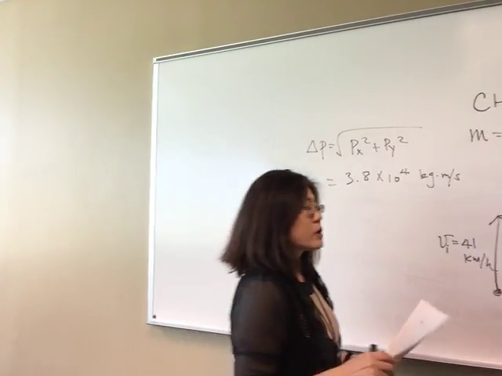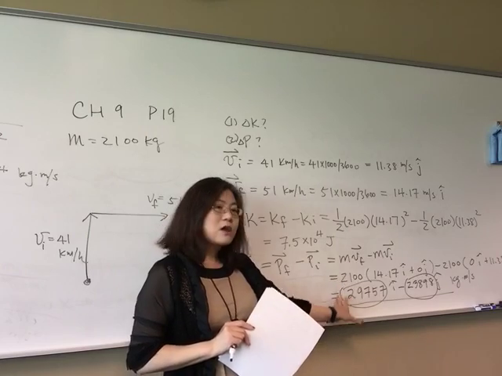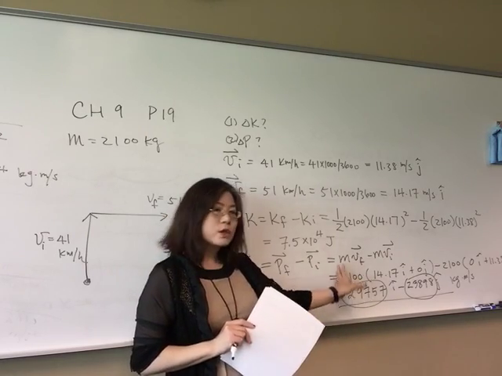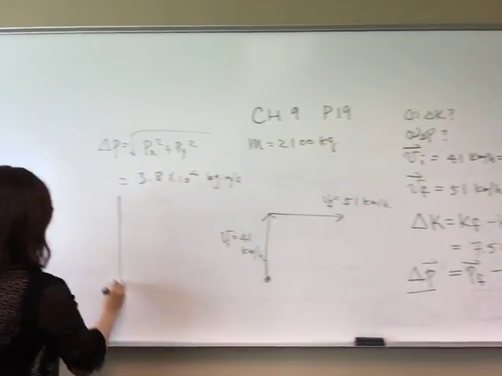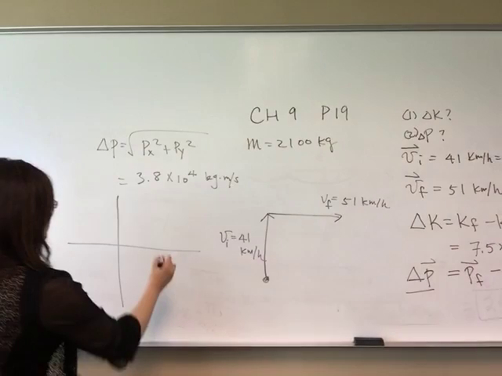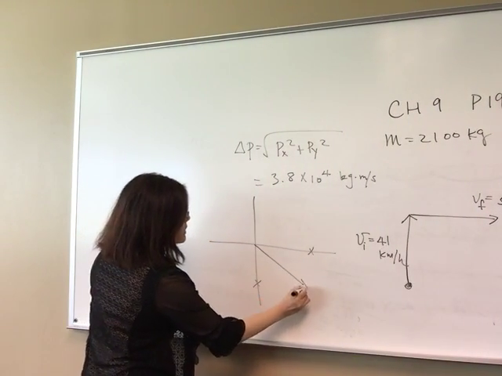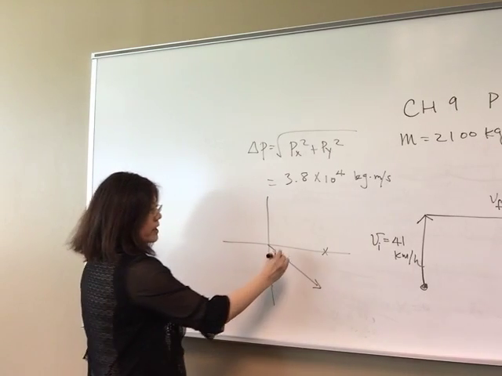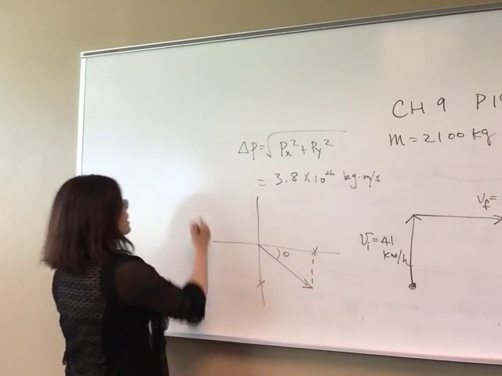In order to find direction, whenever you have a vector and you want to find its direction, you want to plot it on the x and y coordinates to see which quadrant the vector is pointing. So let's draw that. You have the x component that's positive, and the y component that's negative. So your delta p is actually pointing in that direction. So we can calculate this angle. If we use this angle, then your tangent theta